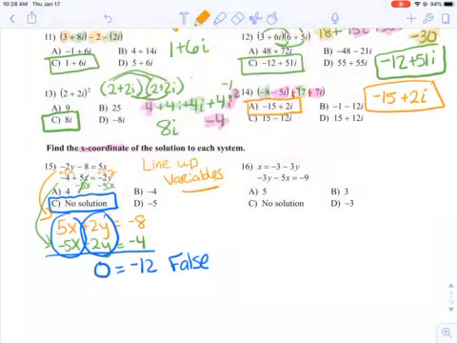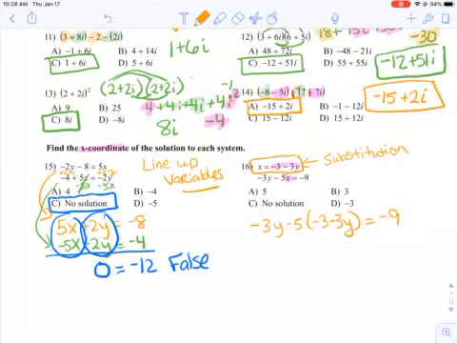It's totally up to you which thing you're going to use, but you can see here how the y or the x is alone. So you can use substitution on this one. Everywhere you see an x, you can substitute that guy in where you see the x. So you have negative 3y minus 5 times negative 3 minus 3y